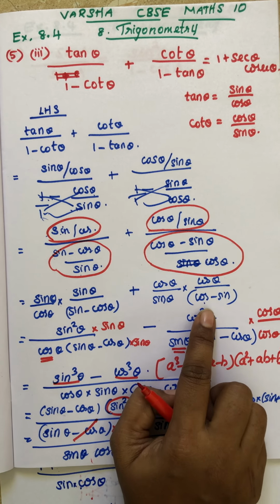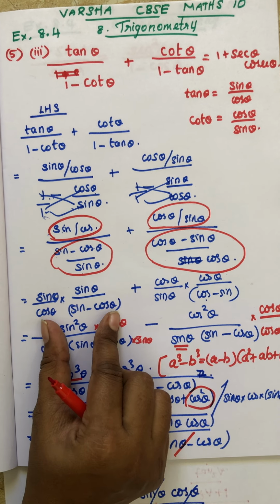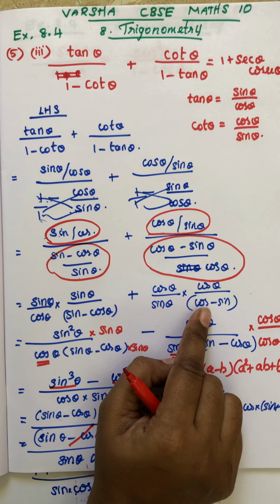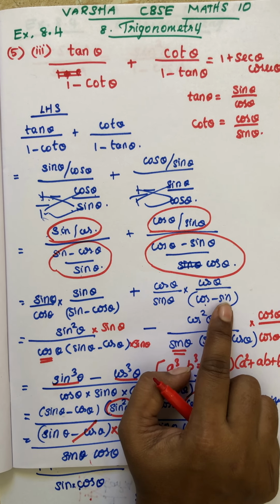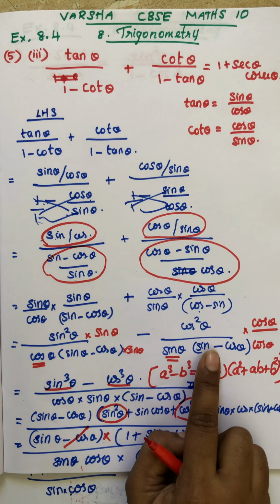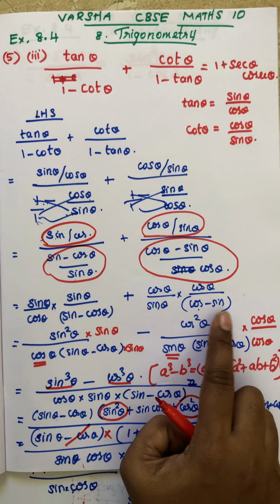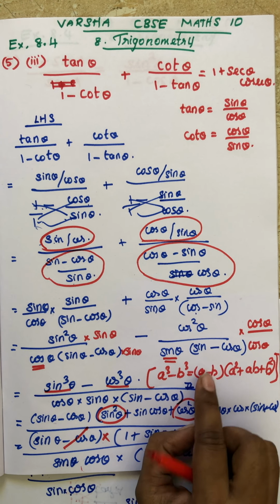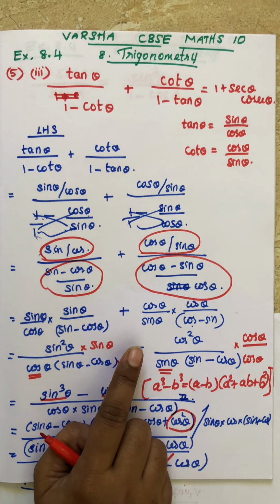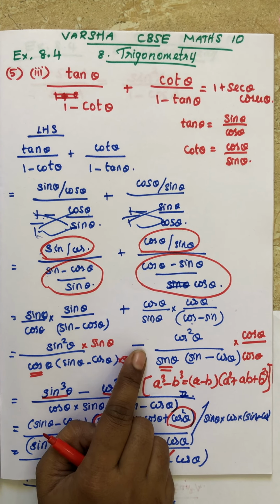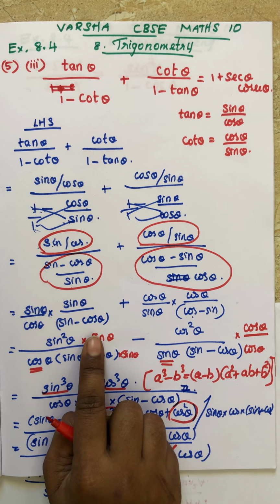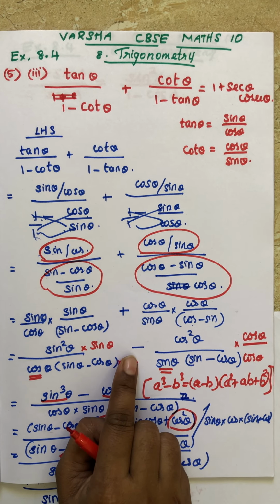Okay, so now see, I am seeing the denominator. Are these equal? No, this is not equal. To make them equal, I have one option: I can take minus outside. If I take minus outside, this term will be equal. So for that purpose, I am taking the minus outside. If I take it, what will happen? Sin minus sin will be plus sin, and cos will be minus cos, so the minus comes here. Many of you have a doubt how the minus comes, how it is changing. So we are taking the minus outside. Okay students, yes, so minus will come.